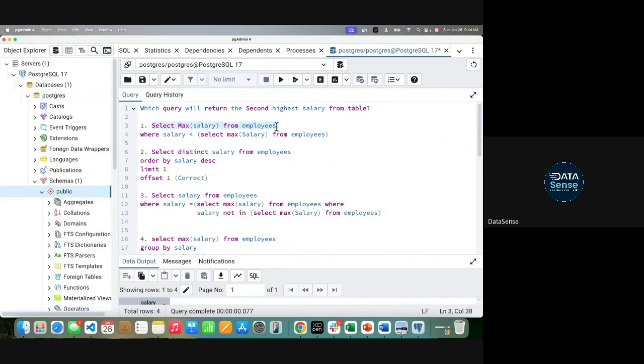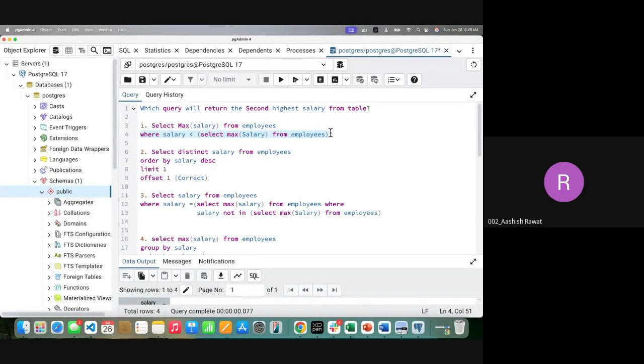Select max salary from the table where salary is less than the subquery. First tell me, when you put this condition, what will it give you? It will give you all the salaries which are not the max salary in the table, right?